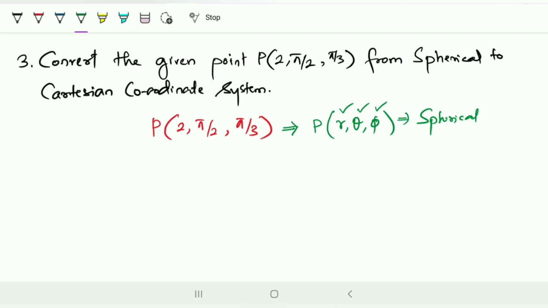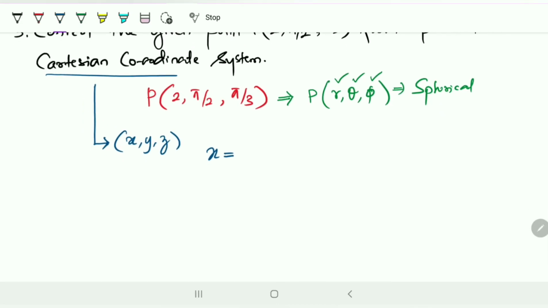From this, let us now go into the problem. They are asking you to convert to a Cartesian coordinate system. So for a Cartesian coordinate system, we should know how these points are represented. In Cartesian coordinates it is represented as x comma y comma z, which is very familiar to you, and we need a formula for how x, y and z can be represented in terms of the spherical coordinate system. We also have another formula for x, y, z in terms of cylindrical. If the problem is asked that way, we need to follow those formulas. For this, let us see how it is found.